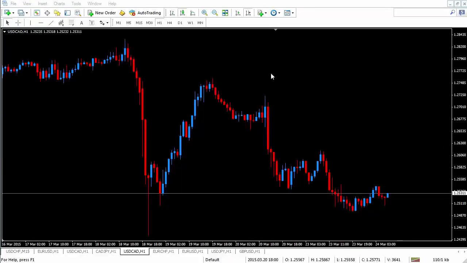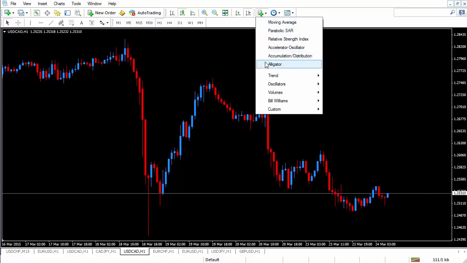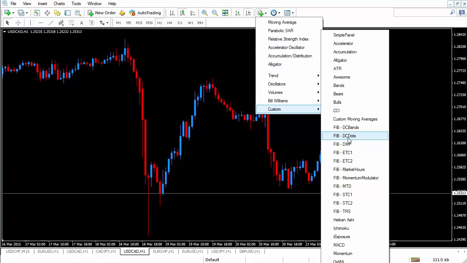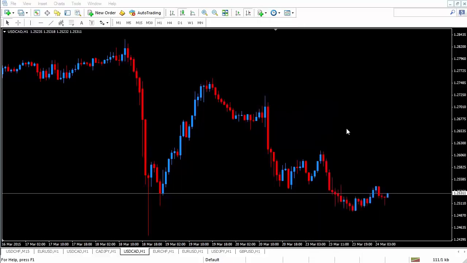Now it's open. All right, it was closed. It's open. Now when I go to the indicators file folder and go over custom, we see all the FIB indicators. So if you install an indicator, you have to shut the platform down and then start it up again. And another little tip about indicators, if you've installed an indicator and it doesn't show up even after you've done